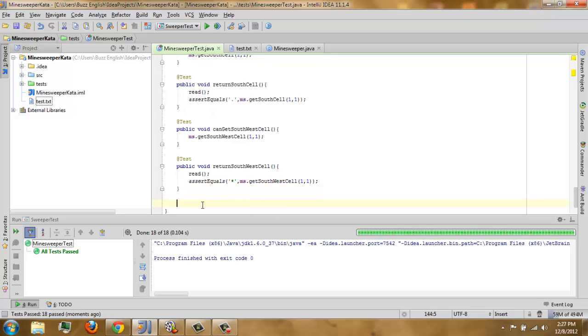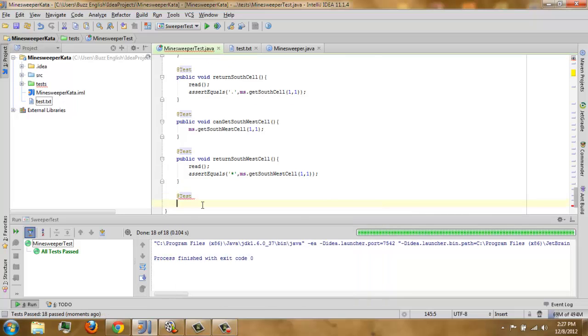Okay, finally, we only have one neighbor left. Test, and then public void get west cell, our final neighbor. It's the final countdown.